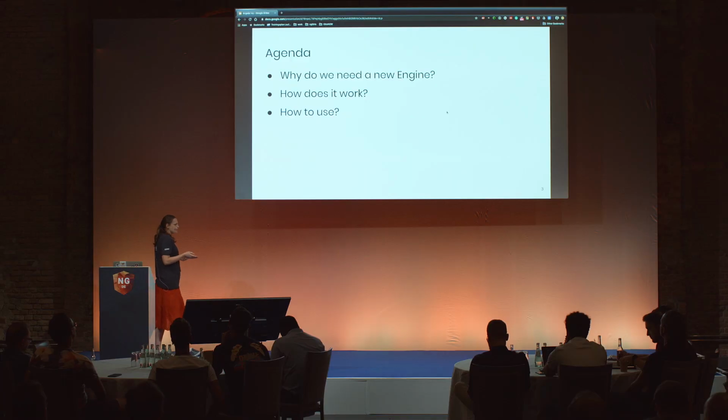So what I'm going to talk about today is why there was a decision in the first place for a new engine. I mean, we had already an engine change from 2 to 4, so why was there a need after all? Then how? Everyone is telling you, now you use Ivy, and with Ivy everything will get better, but why? And how does it actually work? And how can you use Angular Ivy nowadays in our projects?